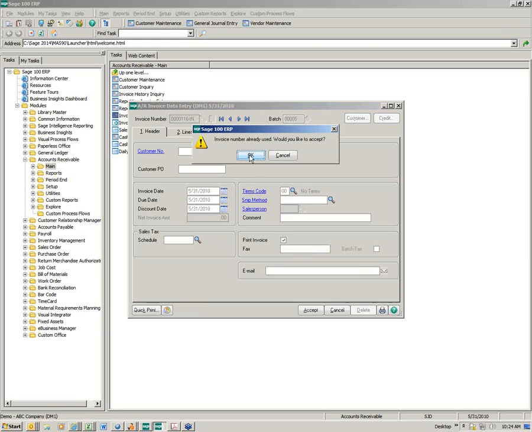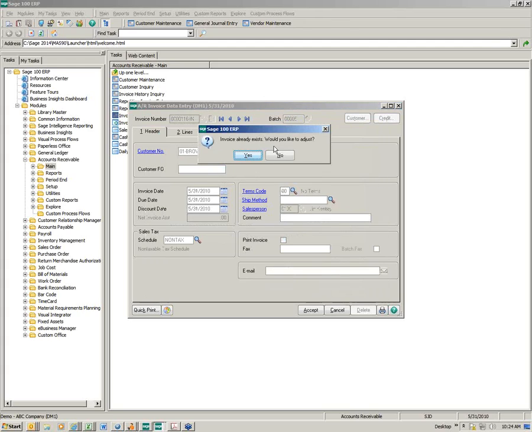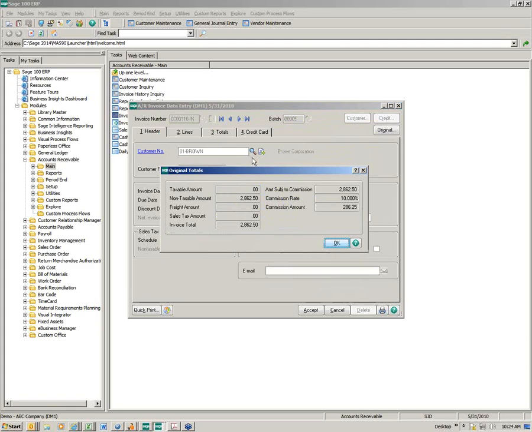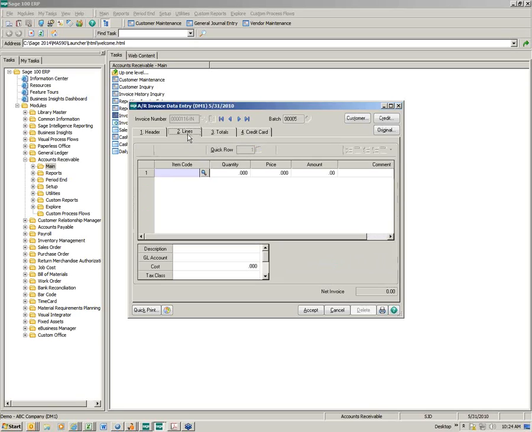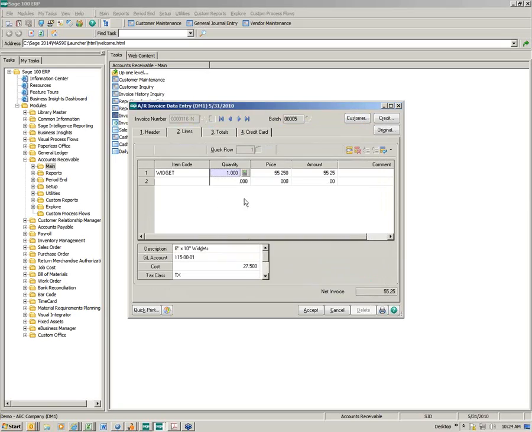It says invoice is already used. Would you like to accept? Yes, I would. I would bring up Brown. Invoice exists. Would you like to adjust? Well, yes, I would. So it gives me the dollar amount for my adjustment. Okay. And then I would go to my lines. I would take it to whatever. I'm just going to pick one because I didn't write it down. I'm going to adjust it down